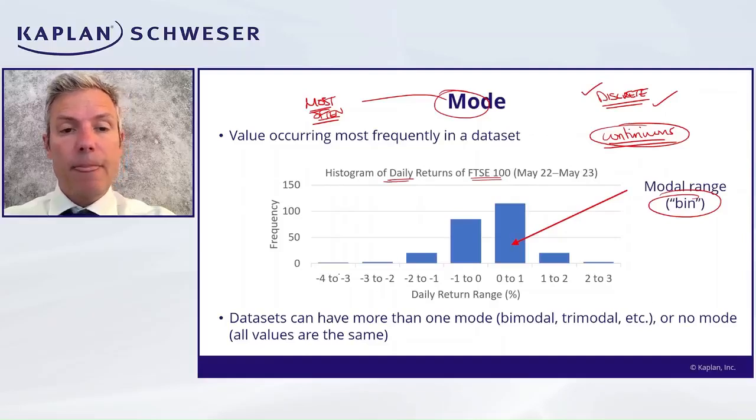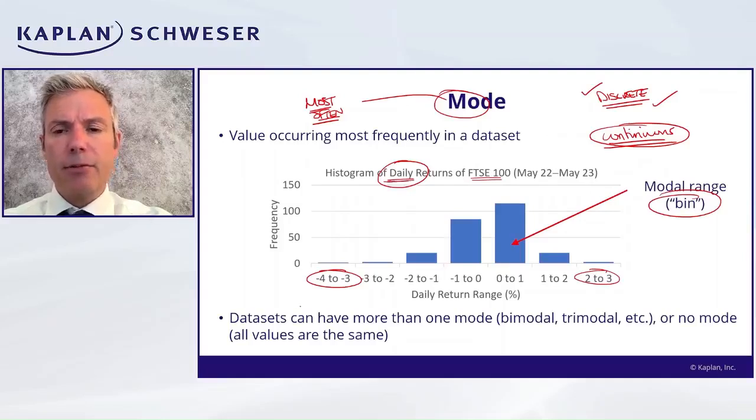You can see the most negative bucket here is -4 to -3% on a daily basis. And the most positive bucket is 2 to 3% on a daily basis. That'd be a very strong return, wouldn't it, on a day, sort of 2.5%. And we're throwing observations. Here's the frequency, day count, if you like, about 250 days. We're throwing them into